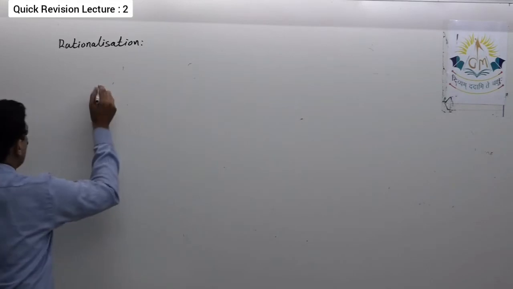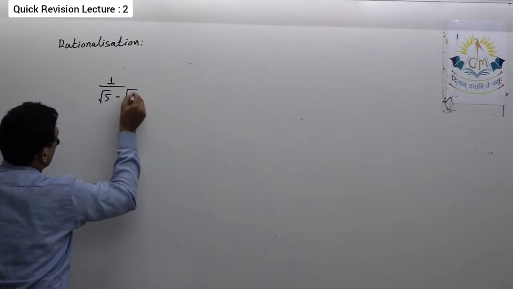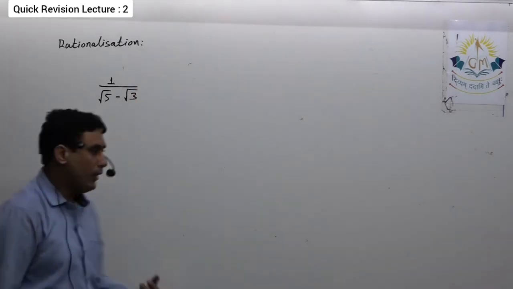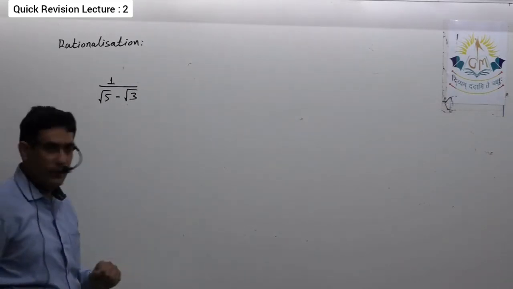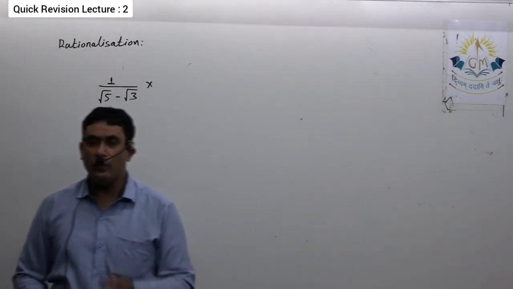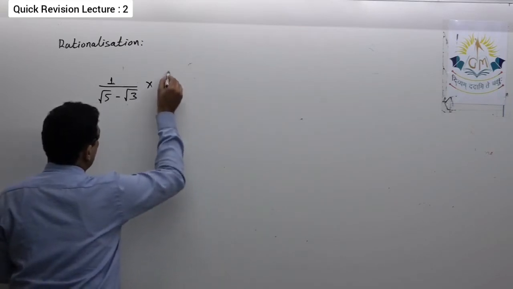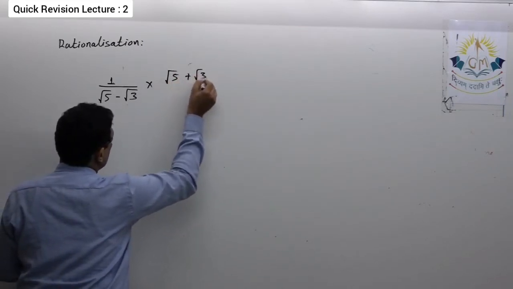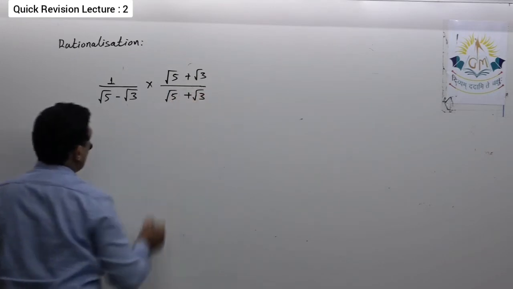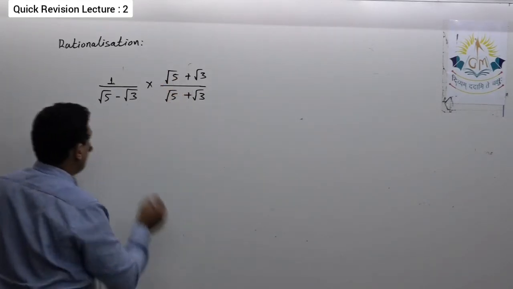Generally, we get questions that say rationalize the denominator of 1 upon root 3 minus root 2. Or another way to ask the same question is: simplify the given expression. Whenever it is asked to simplify, by default we have to make the denominator rational. So here we'll multiply the numerator and the denominator by the conjugate of the denominator. Here it is root 5 minus root 3, so I will multiply by root 5 plus root 3.